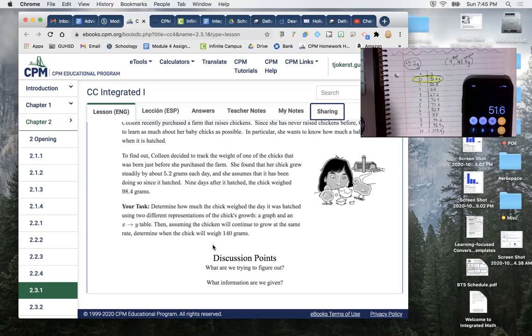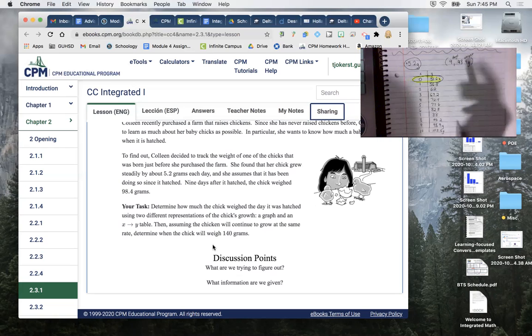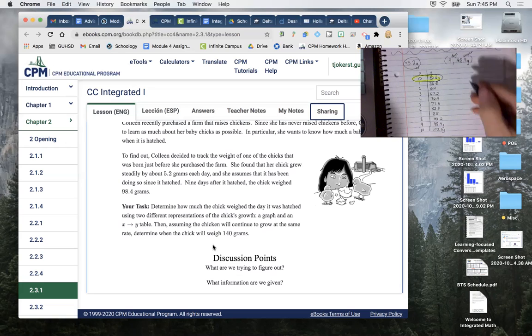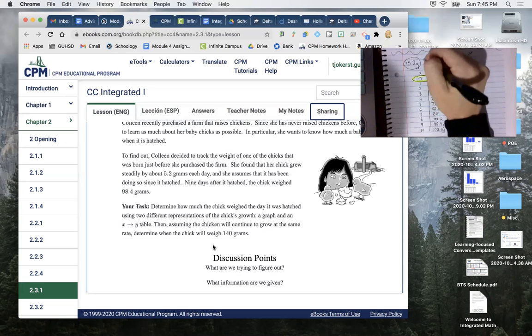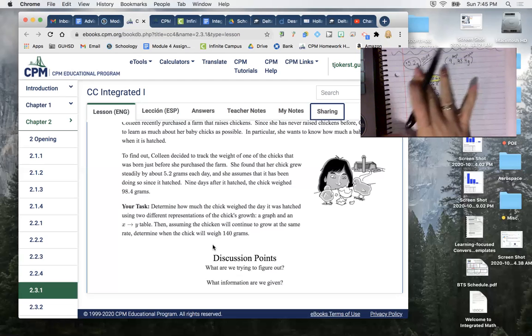grams per day. Okay, so we can graph that now, but before I graph it, I actually want to try to find the equation of a line. What we've learned is that the slope is exactly the rate of change. We're given the slope and we're given a point that's on the line. I should be able to find the equation of the line. You guys might already see that this is your y-intercept. So we actually have the equation of the line,